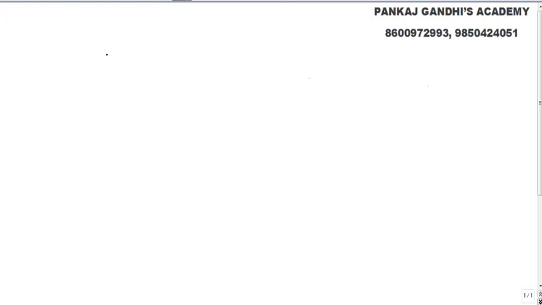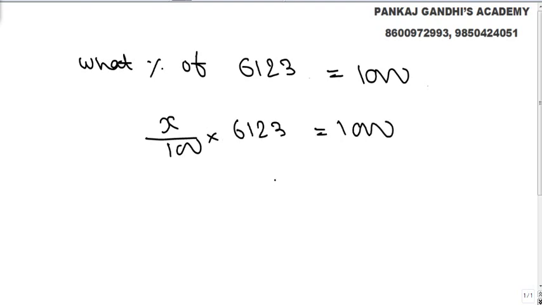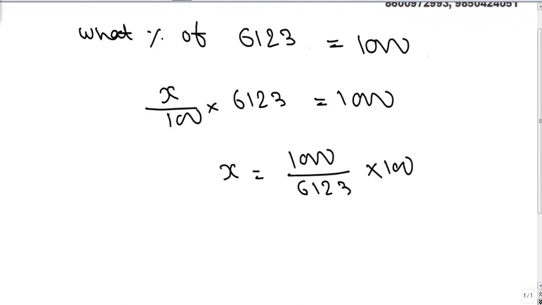Now let's say the question is, what percent of 6123 is equal to 1000? So simply let's say X percent of 6123 is equal to 1000. So what do we get X as? The question is, 1000 is what percent of this thing? What percent of 6123 is 1000? Let's say it's X percent of this. How we do it is